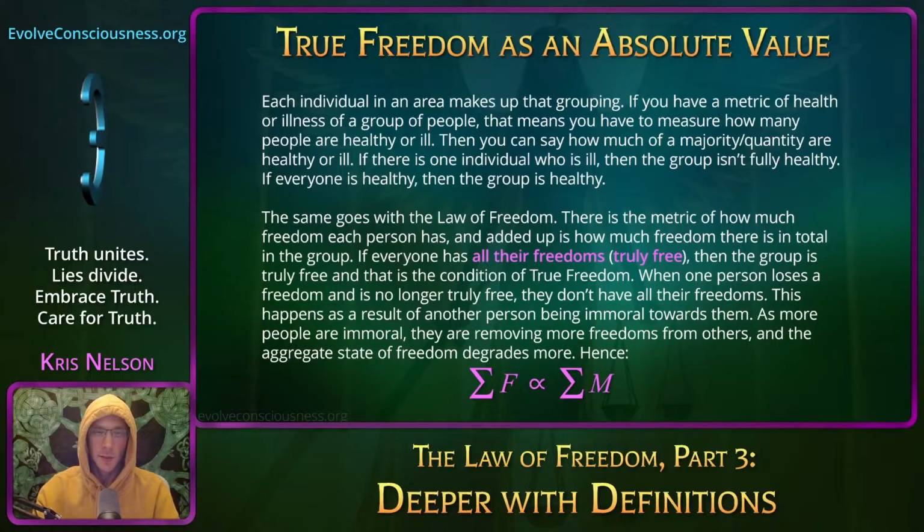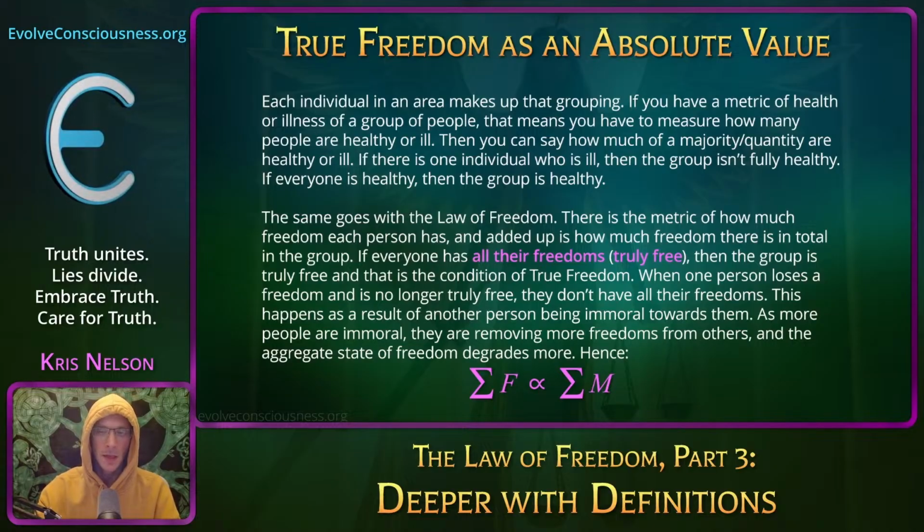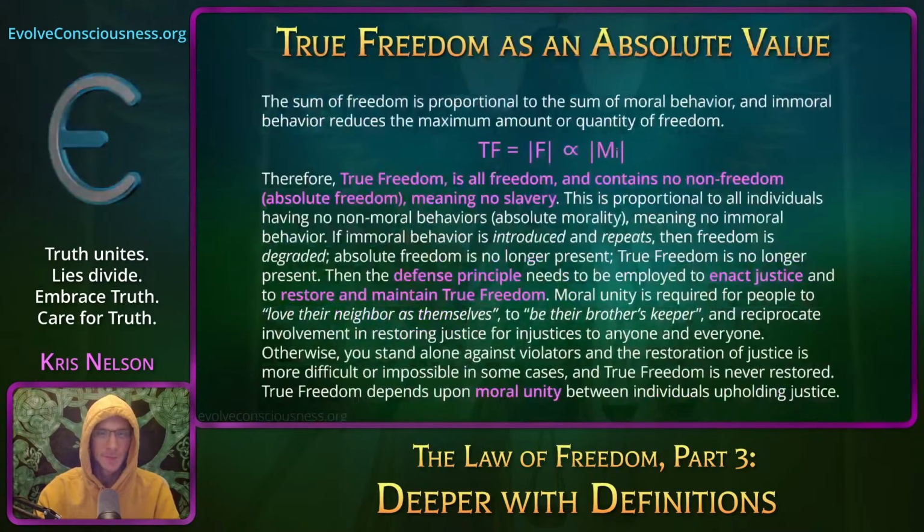And this is talking about persistent immorality. So persistent loss of freedom. So you can no longer be truly free at one instance, but then after that instance of a violation, the injustice might still be there and it hasn't been rectified. But you're free again after that. So we'll get into that later in injustice and a debt to be repaid. Well, we won't talk about that right now.